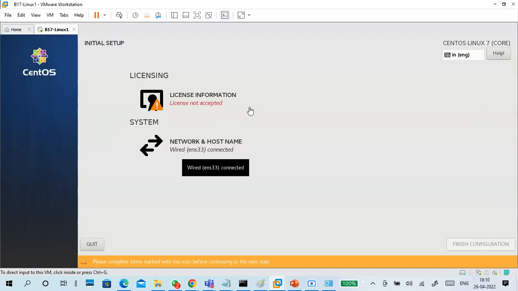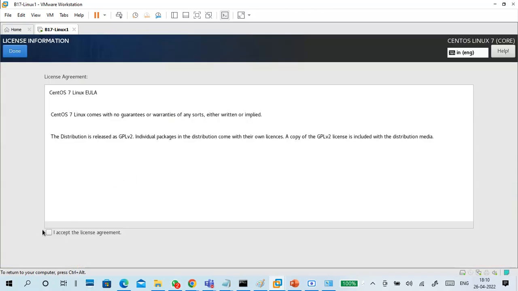Okay. So network and host are connected, no problem. If you want to make any changes like hostname, you can change from here also. First of all, license information. Click on license information. Accept the license agreement.